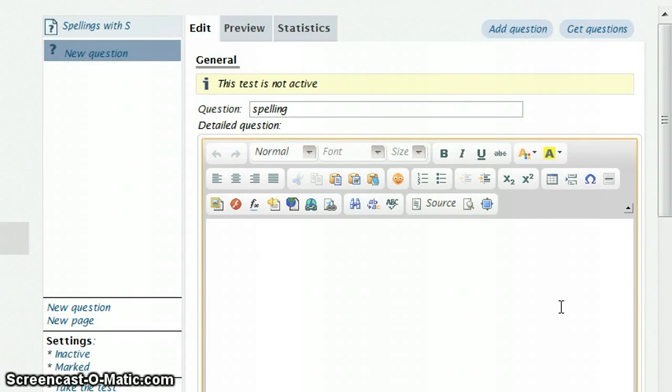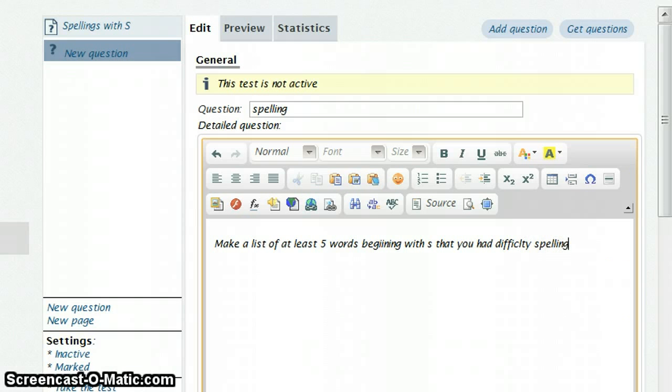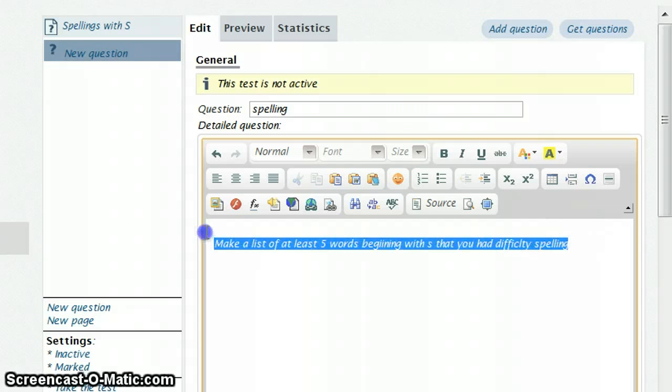So the task is going to be to make a list of at least 5 words beginning with S that you had difficulty spelling, or that you are going to learn. So I'll just not worry too much about my wording here as just an example, but however you present it,